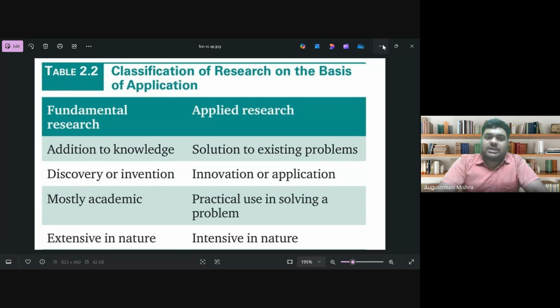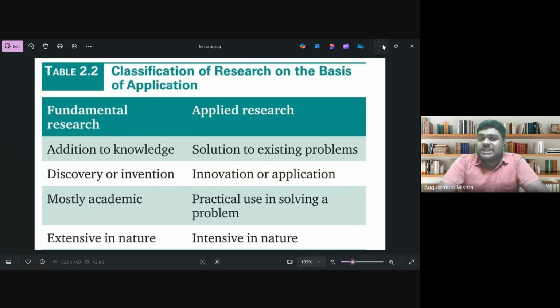Okay. Like I was talking about the COVID vaccination yesterday. Okay. That how to solve that particular problem. Scientists researched on the vaccine and they applied that, okay, to solve that issue. There is a practical use of all these things in solving a problem, like I discussed many times. To understand about the virus, scientists worked practically on the viruses, on which kind of medicines are going to have an impact on them. Okay, and